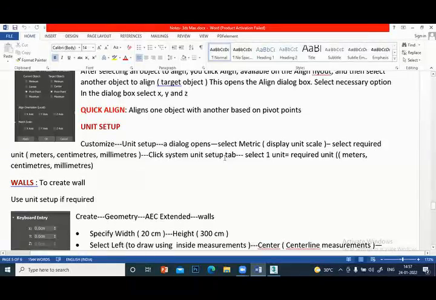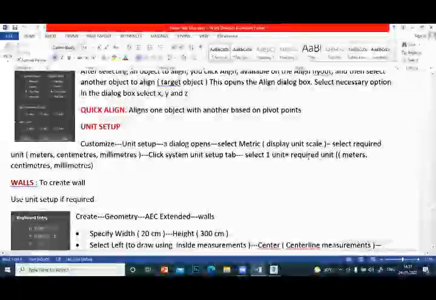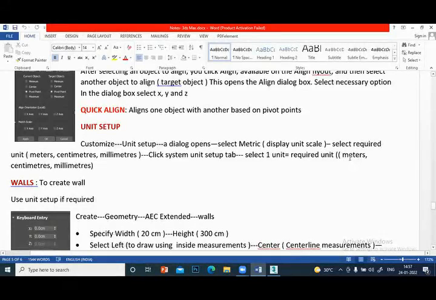Select one unit equal to the required unit, meters, centimeters, millimeters, etc., and from here select centimeter and say OK. This is how you set up the unit. Now you have set up everything in centimeter, and whatever measurement you type comes in centimeters.